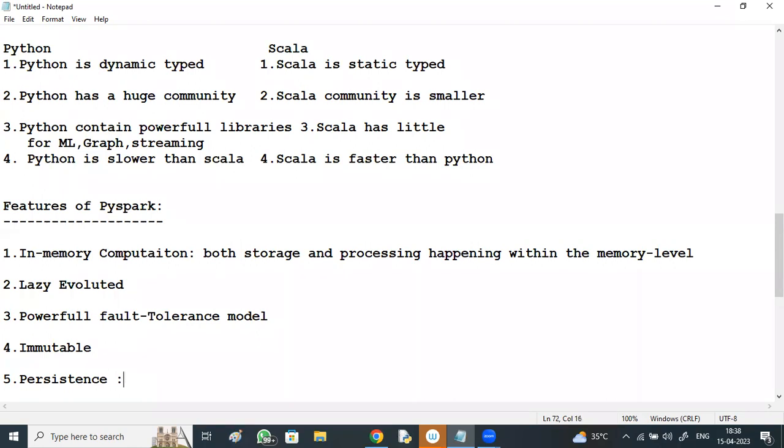Reusing the transformations, right? In Hadoop, the transformations can't be reused every time. We need to start from the beginning, but here transformations can be reused. The already executed transformation output you can use again, no need to re-execute, right? Yes.